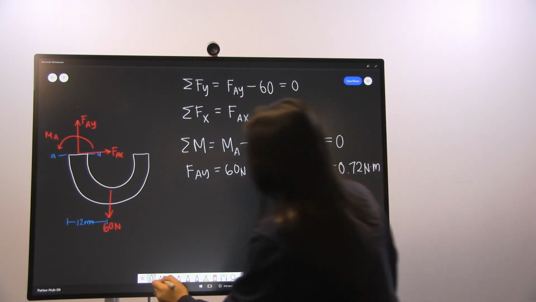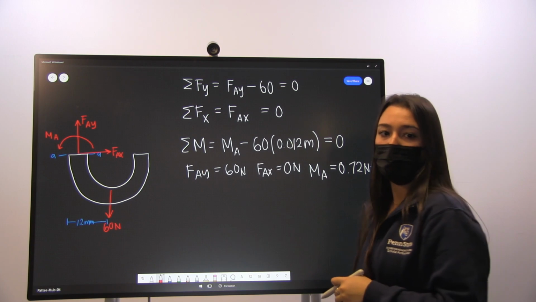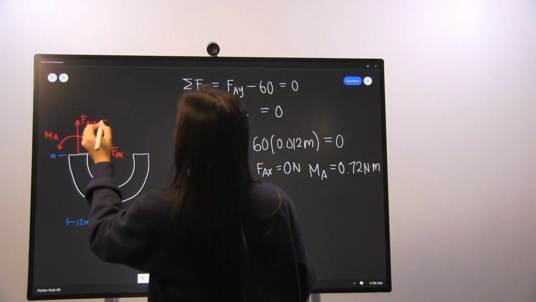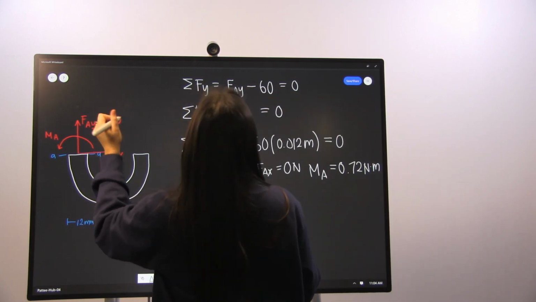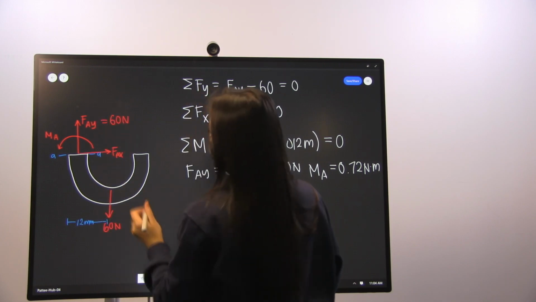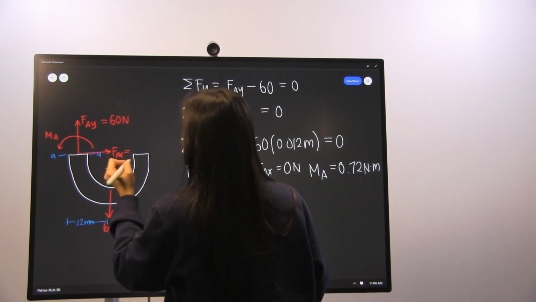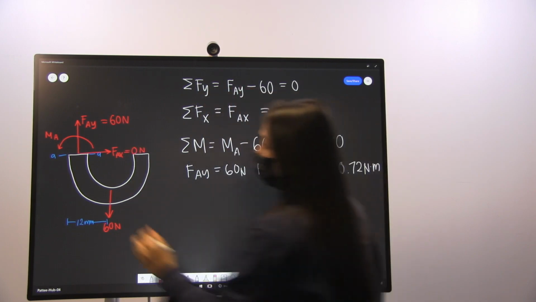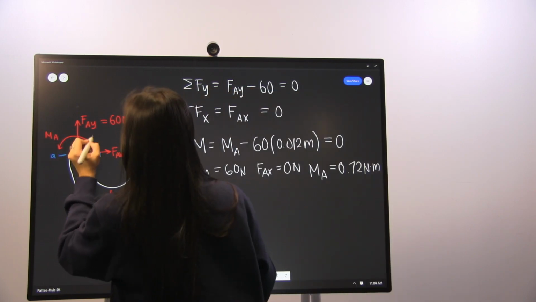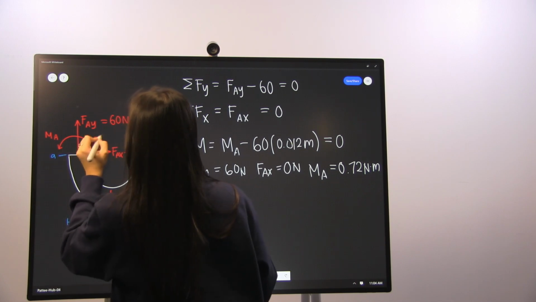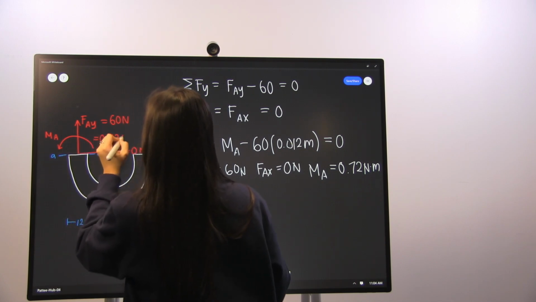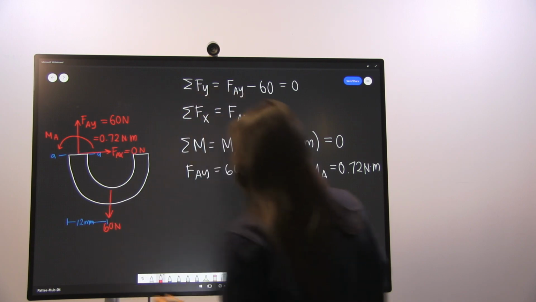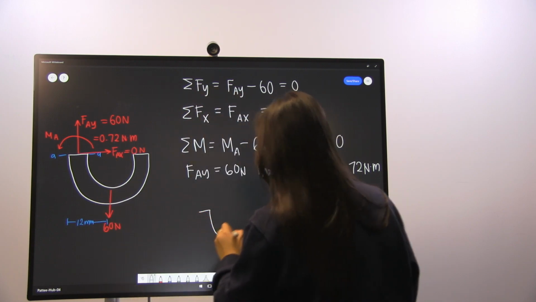So now we can go back to our diagram and draw our final solution. Our FAY is going to be equal to 60 newtons. Our FAX is going to be equal to 0 newtons. And our moment about A is going to be equal to 0.72 Newton meters. And cleaning that up so we can see it better,